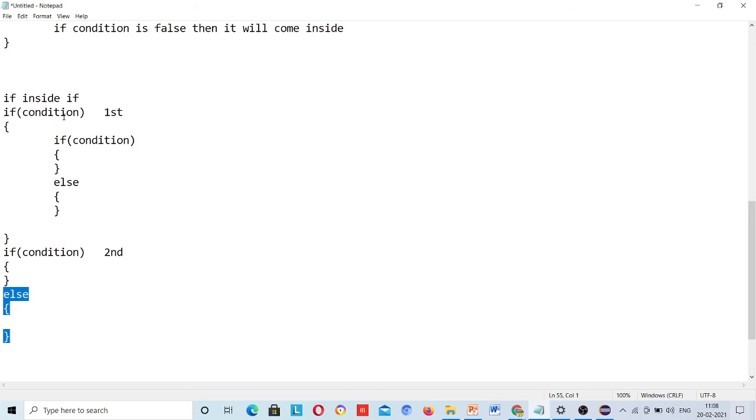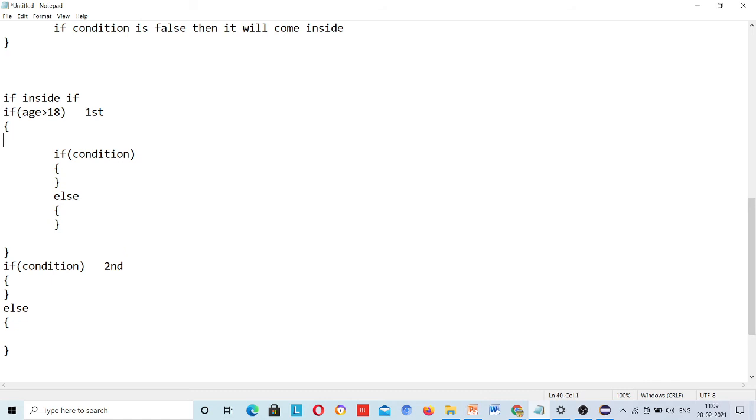Now suppose I am going to write a program, if condition. So inside the condition, if age is greater than 18, then here it will come inside.